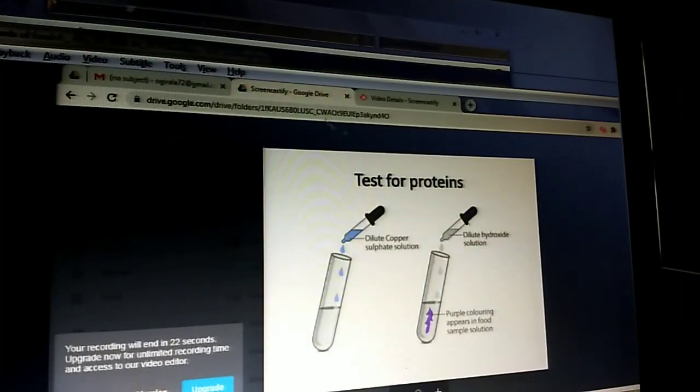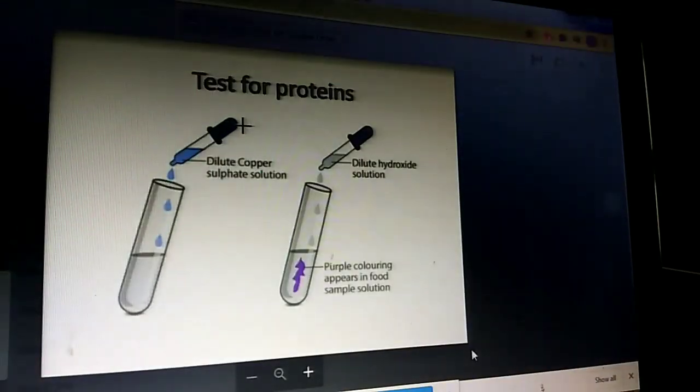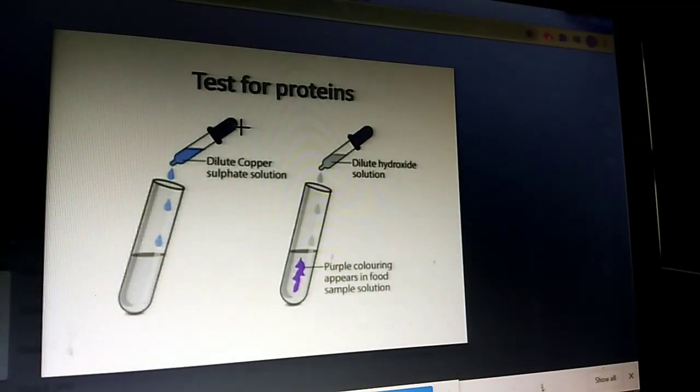Presence of proteins in the given food item: here a small activity is given. What are the materials required? Any protein food material and some chemicals like caustic soda. Caustic soda is nothing but sodium hydroxide, and copper sulfate solution. These are the chemicals, a little bit of water and some protein food item. Here I have taken some milk